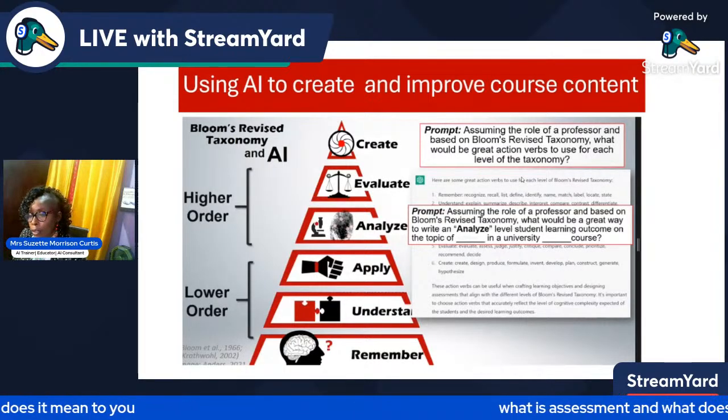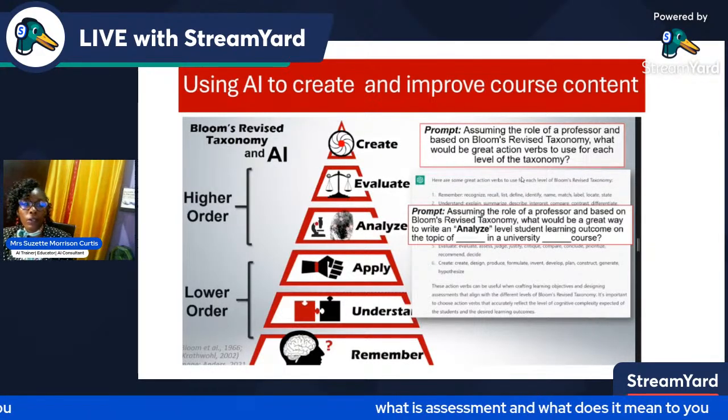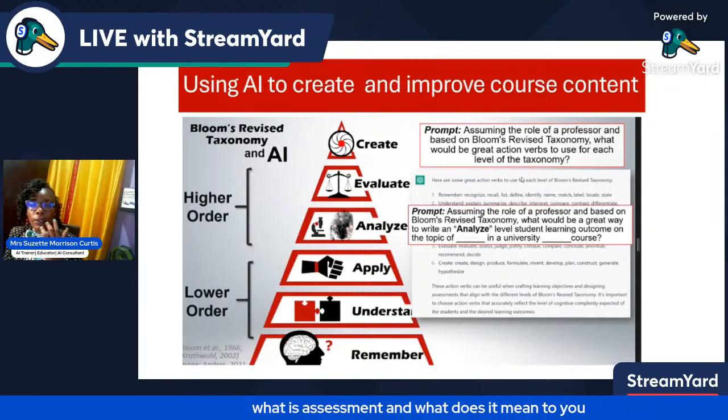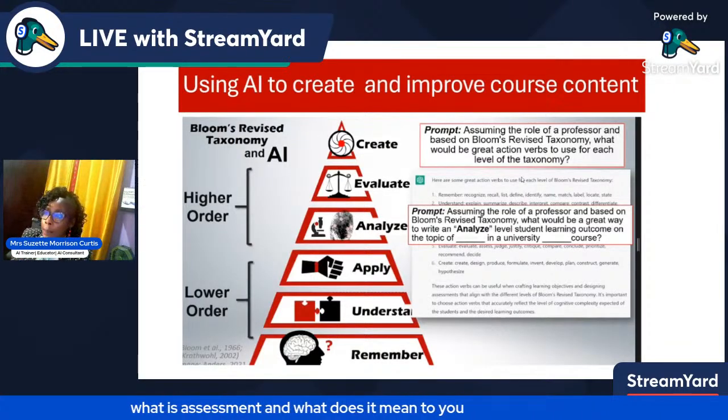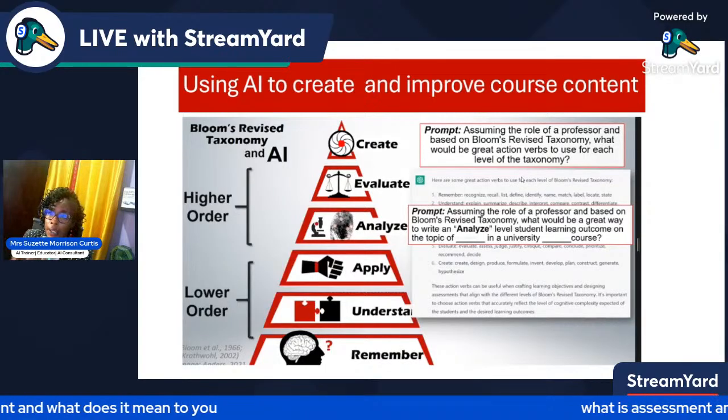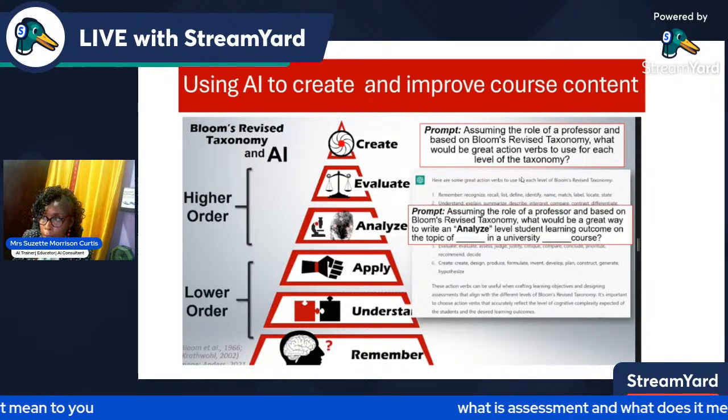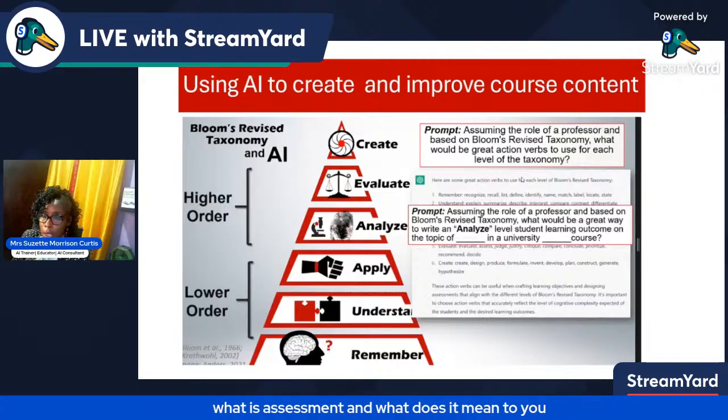But as I said to you before, not all course outlines, not all deliverables, not all course materials are pitched at this level. So we have to be mindful of the context and the environment that we actually operate in. But as I said, it's applicable and you can use the knowledge and work through the process.